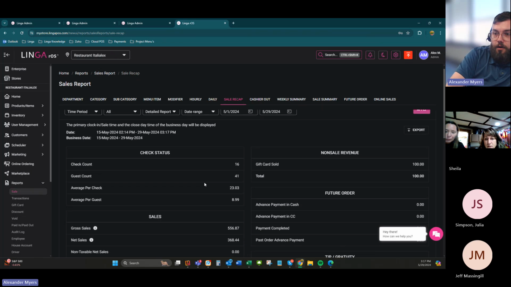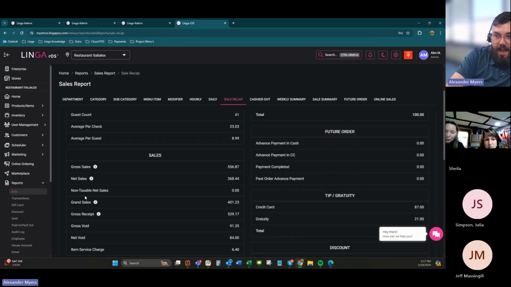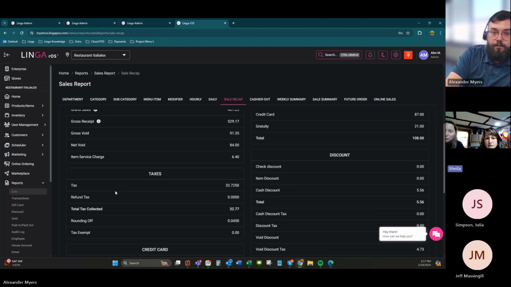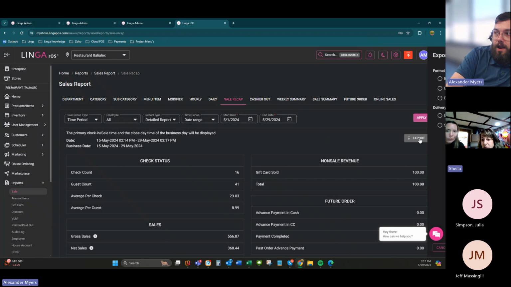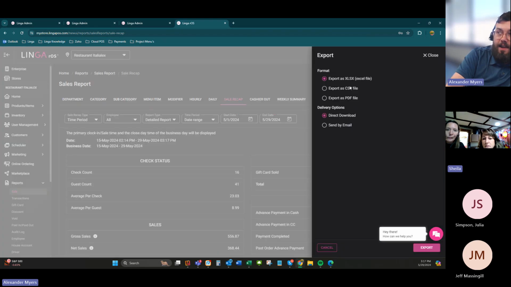And now you'll see total gross sales, net sales, non-taxable net sales. Okay. How does that look? You'll see. How do I print that? So what you would do is right up here, you have export. So I can hit export. You can export it as an Excel file, or as a PDF. Perfect. If you export it as a PDF,